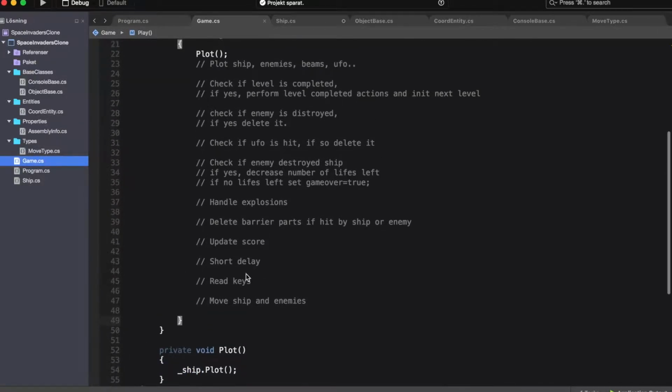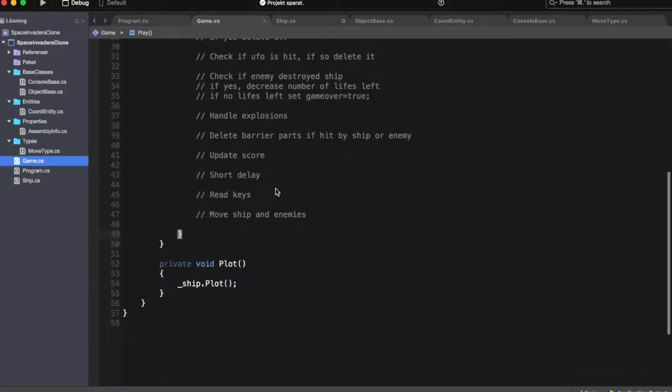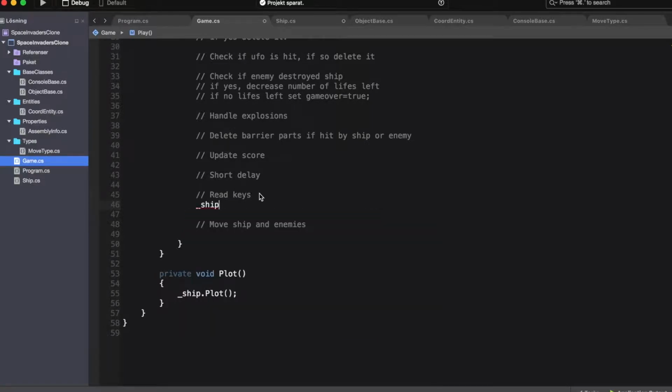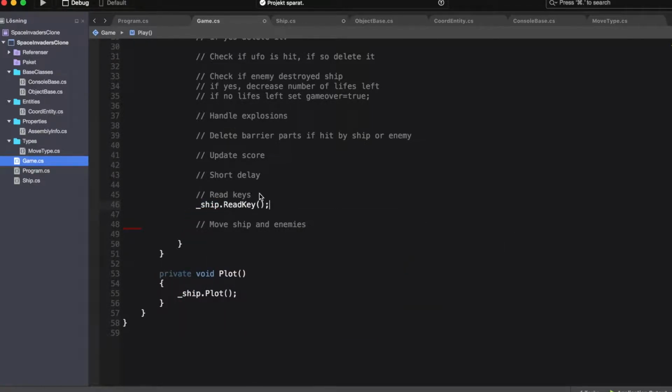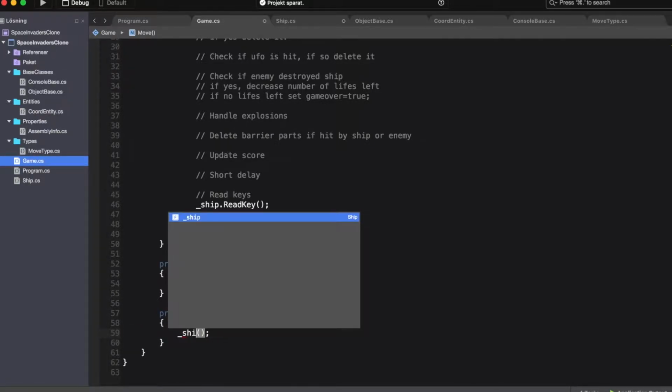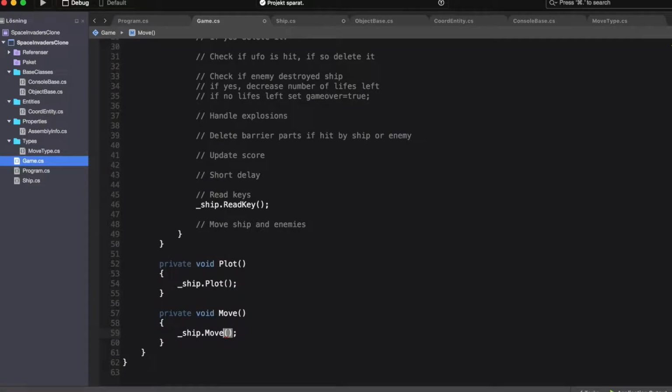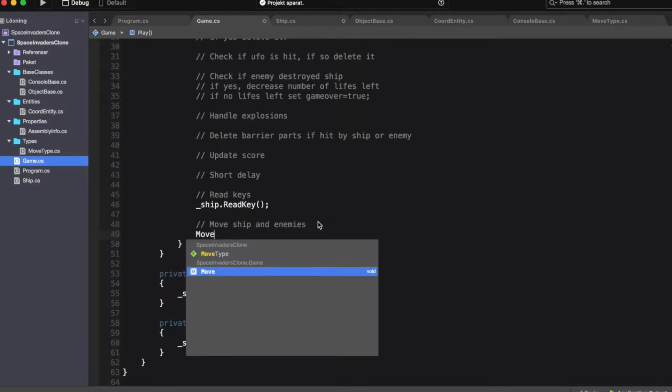The next thing we need is, of course, to read the keys. Underscore ship dot read key. And then we need a move function similar to the plot that will contain the ship move call and more to come,